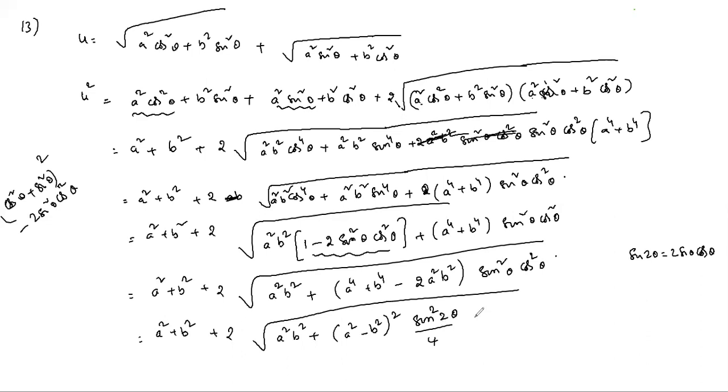Now we have to find the maximum value and minimum value. Here a square b square is total constant. This is the total constant. Only depends on sin 2 theta. If sin is maximum, expression is maximum. If sin is minimum,